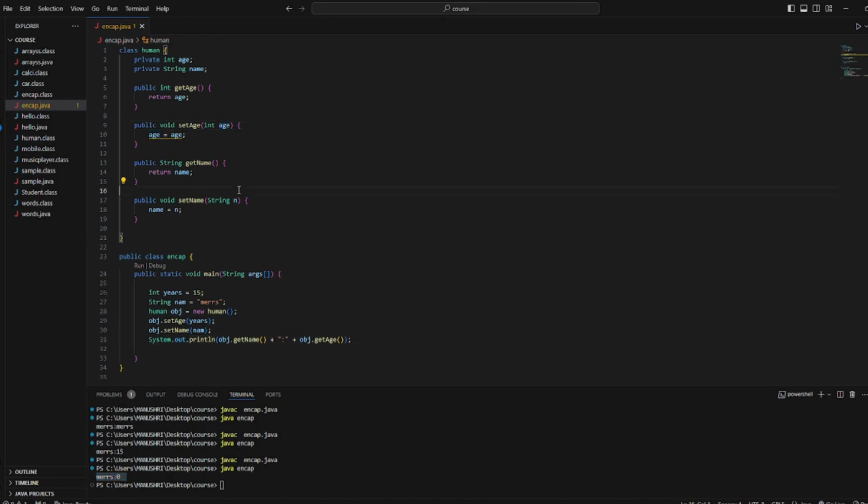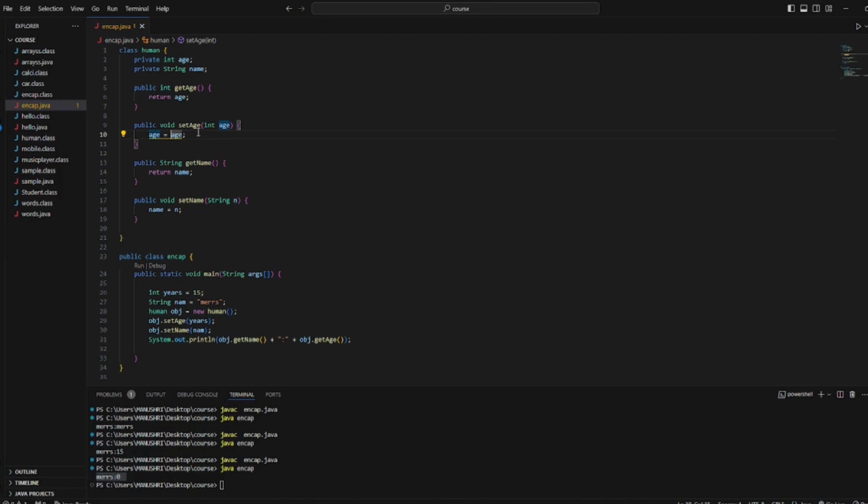So mostly the prioritization will be given to local variables. So in order to make this method understand that this variable age is not the same variable age, this is the instance variable for which we are going to assign the value, and this is the local variable with which we are getting the parameter and assigning it to here.